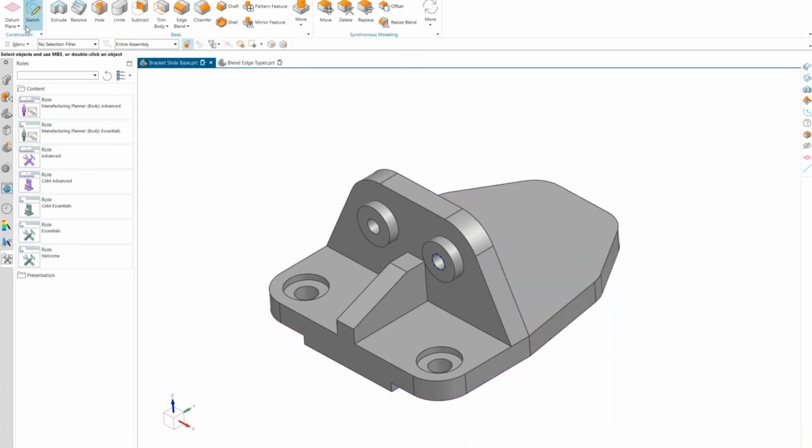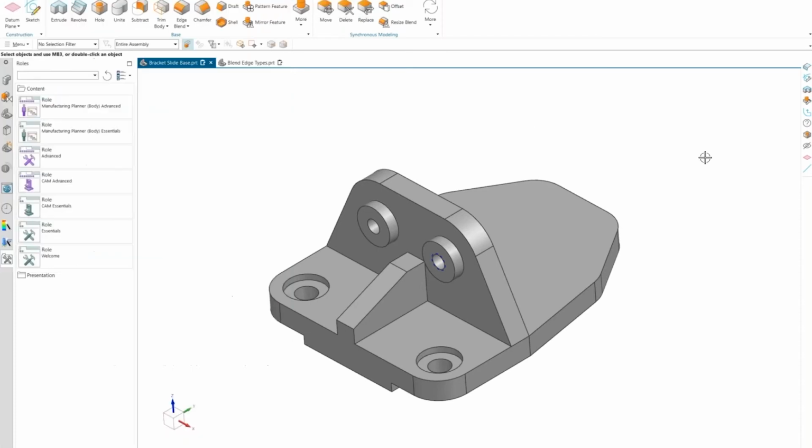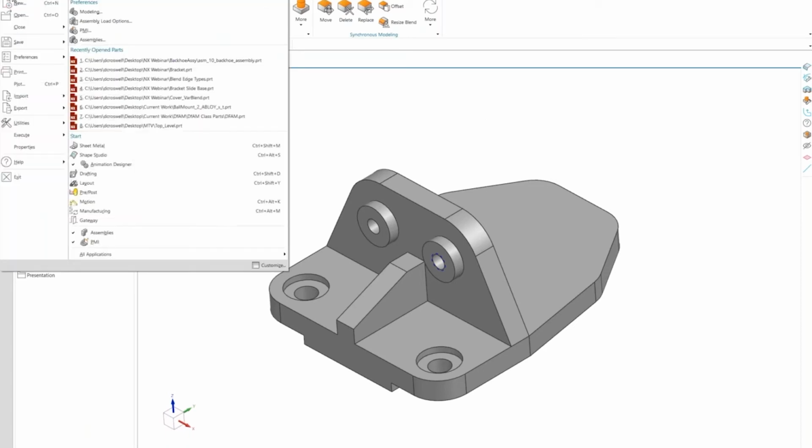So that's preferences, and you can get into more specific areas for modeling and sketch, depending, like I said, on what's needed for a specific project for a while, or maybe you're trying out a new setting because it seemed like it worked better this way, and so you're setting that in your preferences and kind of using it for a bit. But the third area of customization is simply called customize, and you can get to this environment via